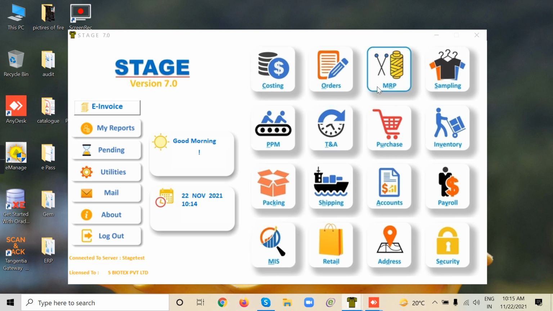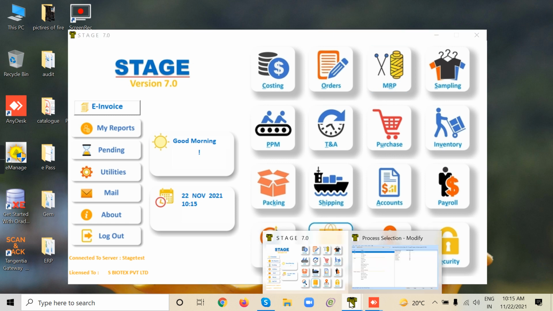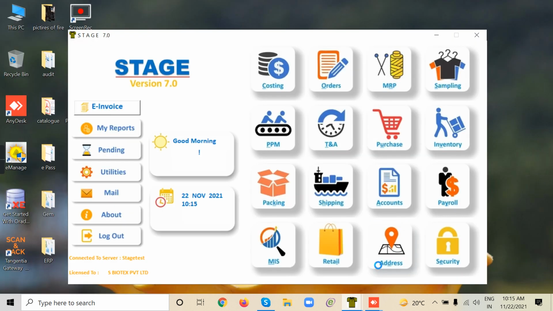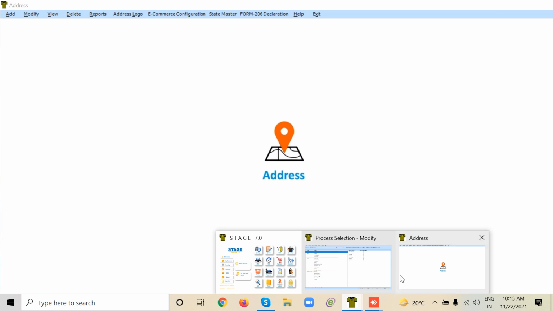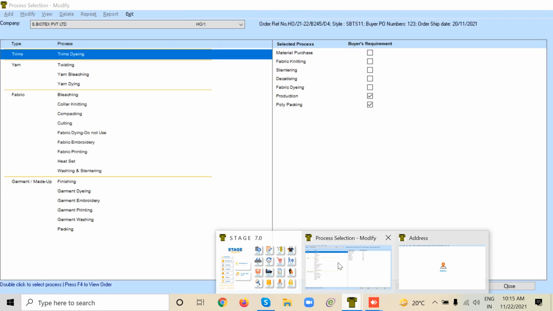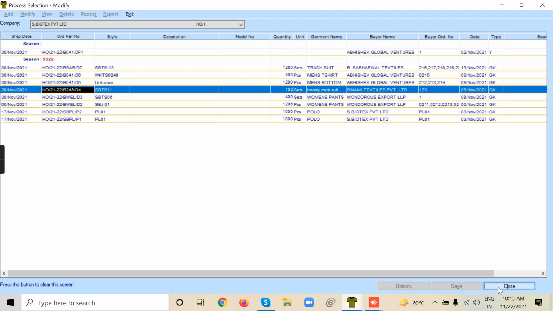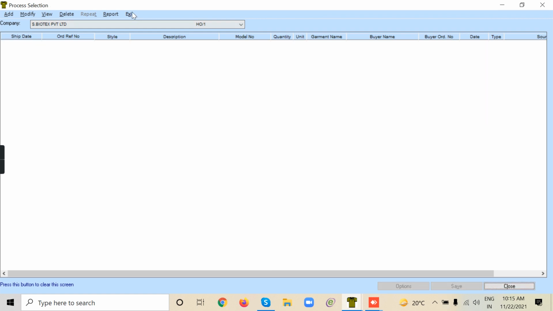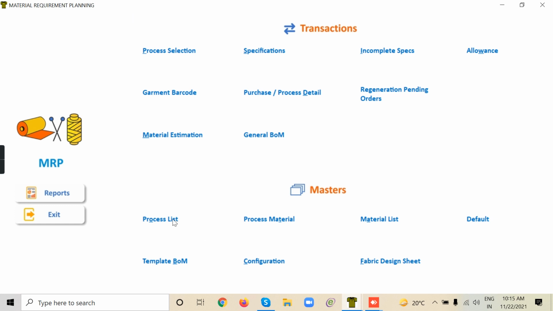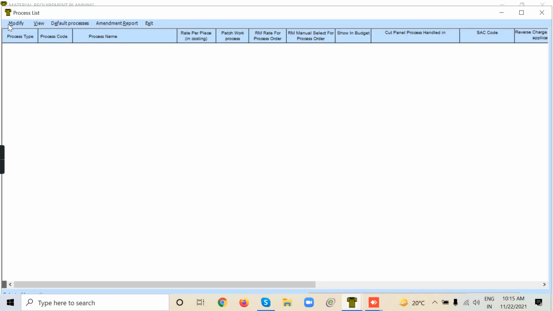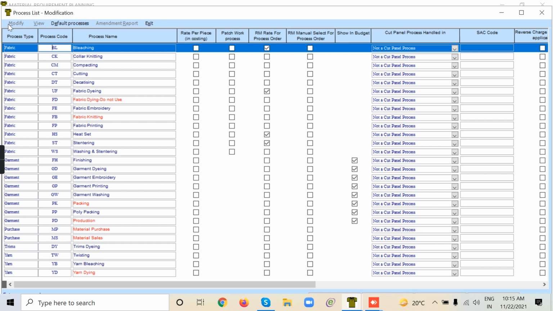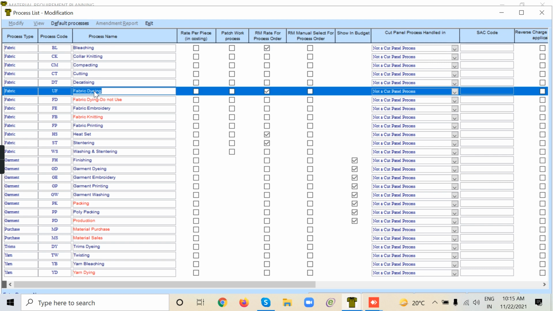Okay, I'm going into the MRP screen. I'm going into the process master. So here you can see fabric dyeing.